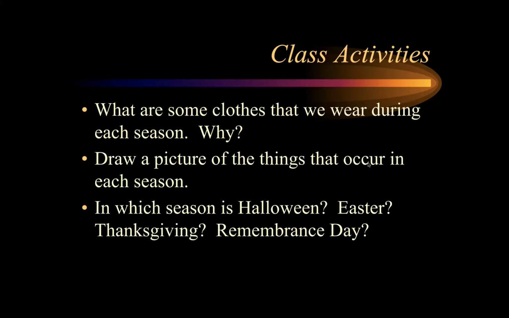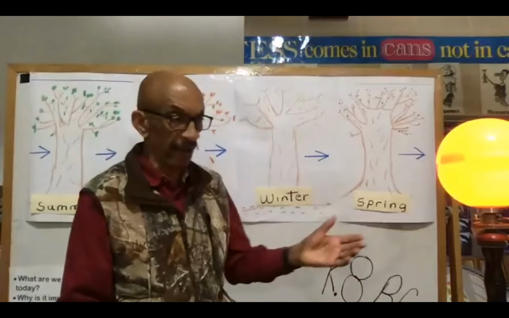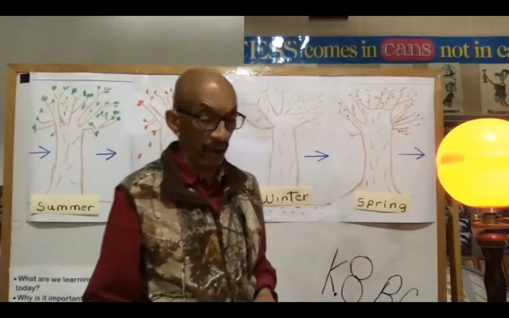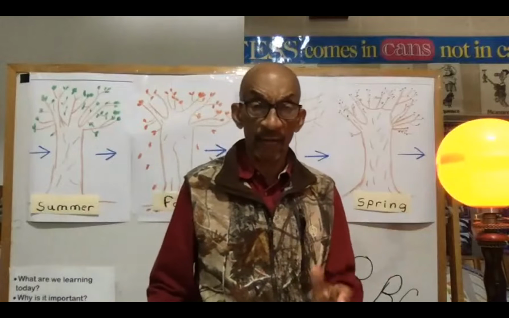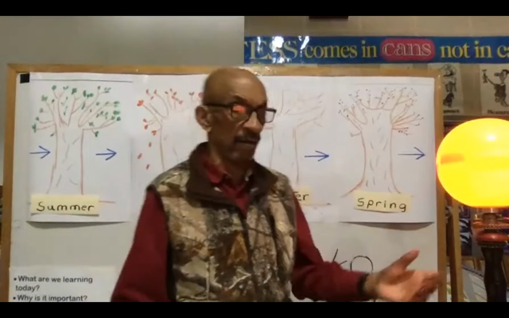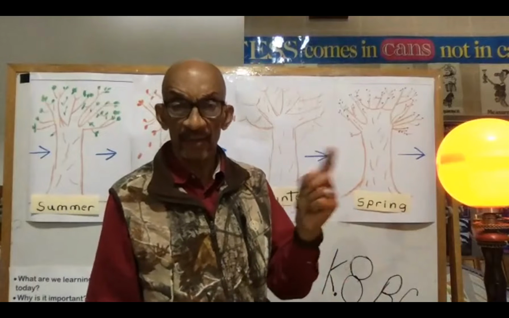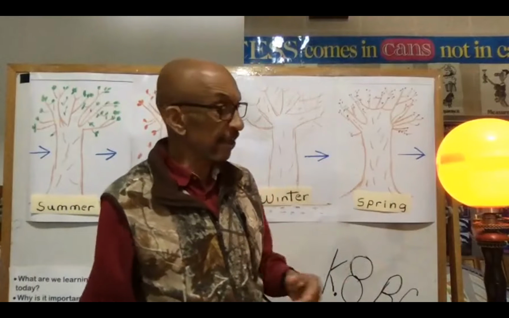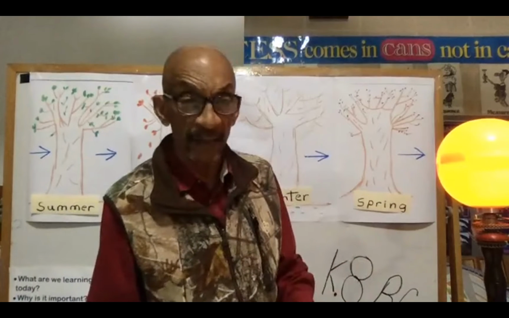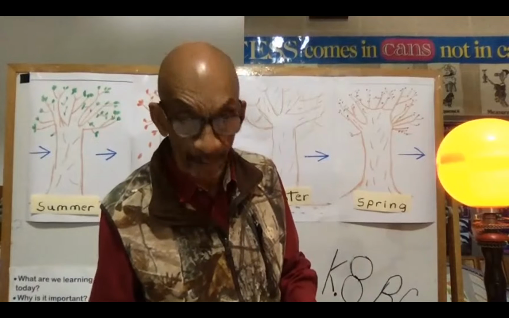Now, I'm going to stop sharing my screen with you guys right now, and I'm going to get back and use my model here of the sun and the planet Earth to kind of explain why we do have seasons in a little more detail. You know, Miss Ramirez talked about our planet spinning, right? She called it rotating. Well, there's another big word I'm going to give you, and that's revolving or orbiting,